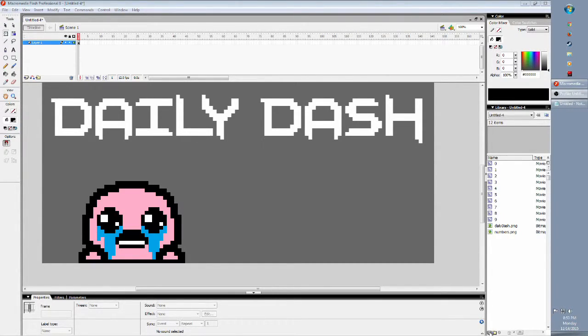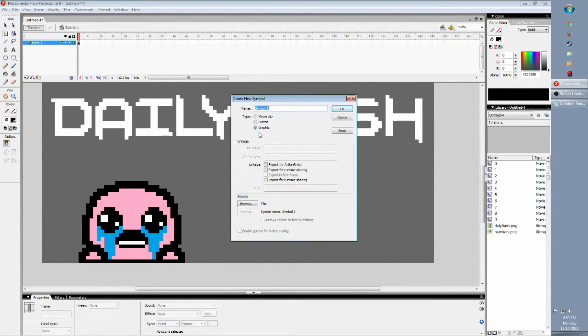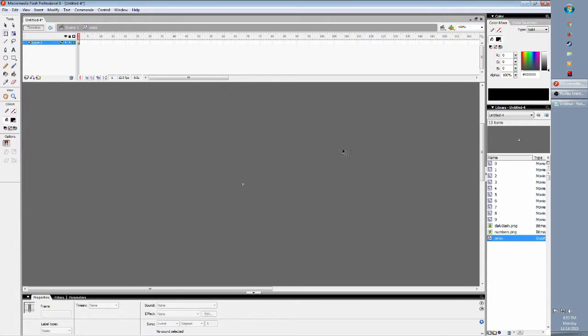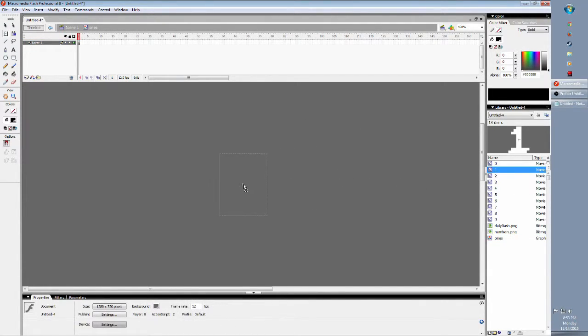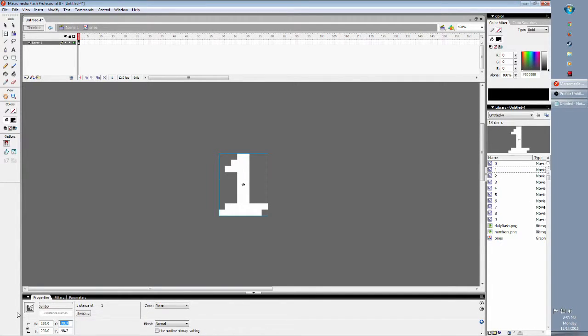So how we do that is we need to create the first graphic that we're going to use. So create a new symbol and call it ones, or whatever you want to call it, to tell you that this is your ones digit. This time make it a graphic, not a movie clip. And what we do in here is bring in our first digit and center it. Remember, if you're using pixel art, to always use whole